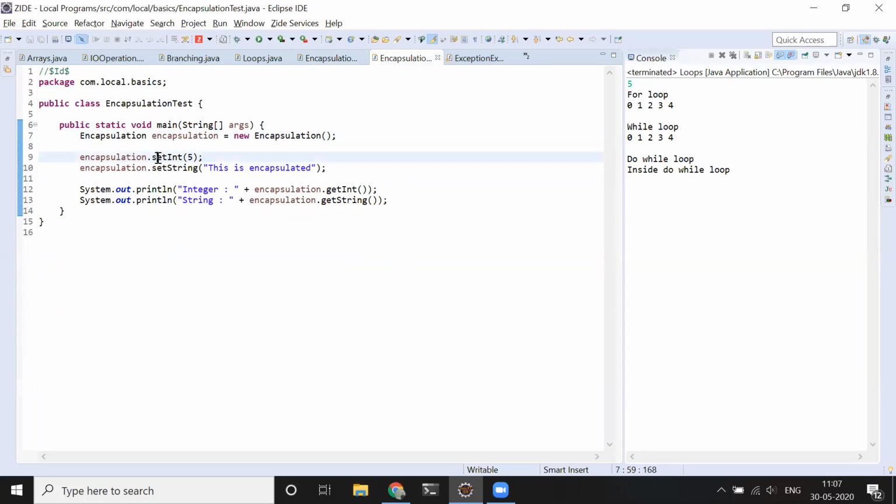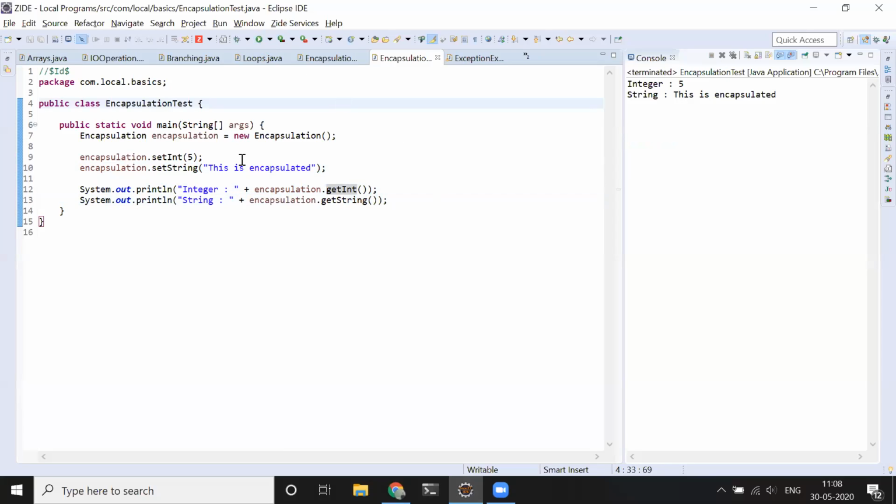So we will be making use of these setters to set these values inside those variables, and we will be getting those values by making use of the getters. For example, you can see that we have stored 5. Same way, we have stored that string and we have got that string as the output. This is an example for encapsulation.